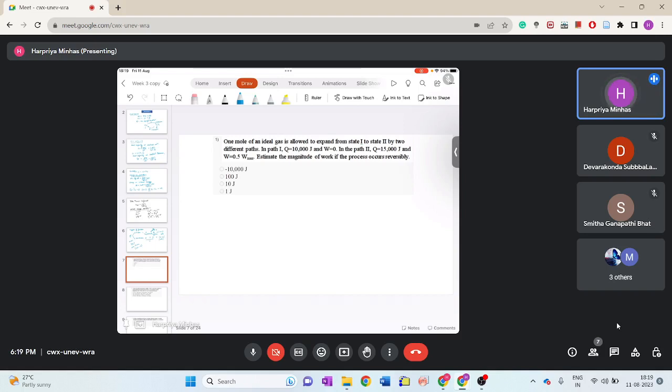So here two paths are given. If we follow path 1, the equation that we are going to use,